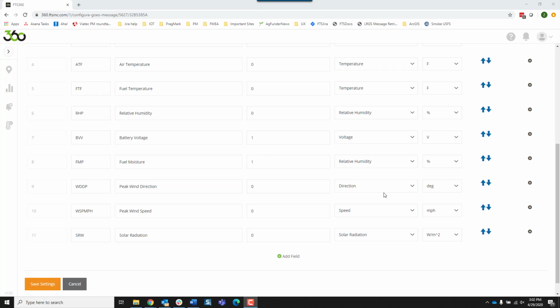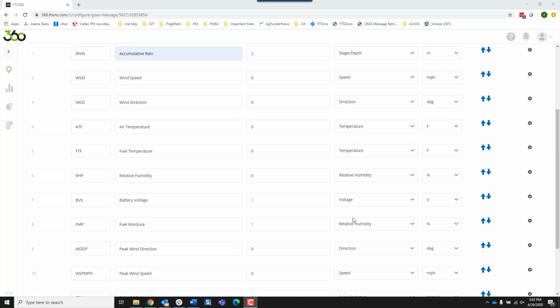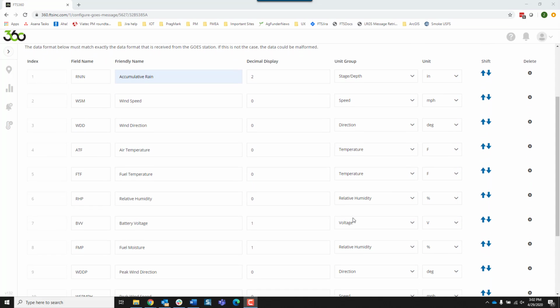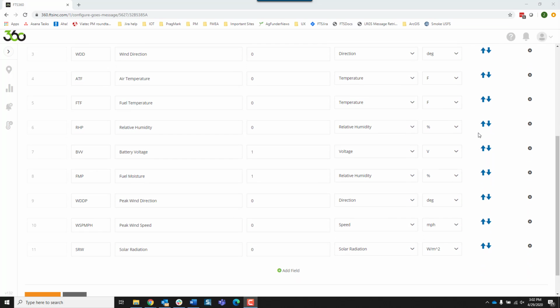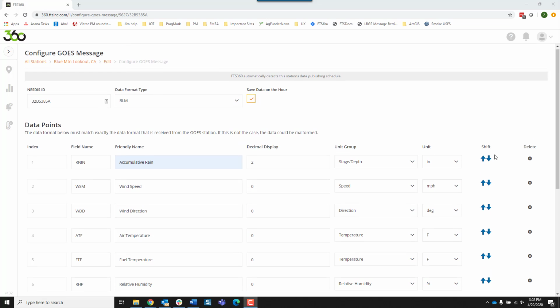Here I have added all of the items that are in the message in the order that was expected. If you accidentally did them out of order, use the arrows on the side to rearrange them. If you had the message set up in time ordered instead of BLM, you will be asked to set up sensor sets before defining the individual data points. If the message is in CHEF, it'll look similar to the BLM. And if the message is in pseudo-binary, it has its own format, and each of the information boxes explains what to enter in that field.